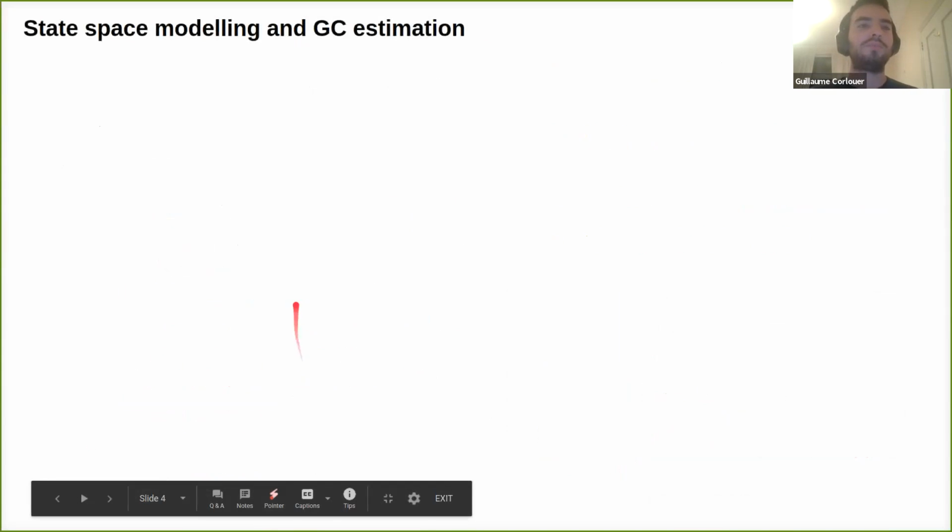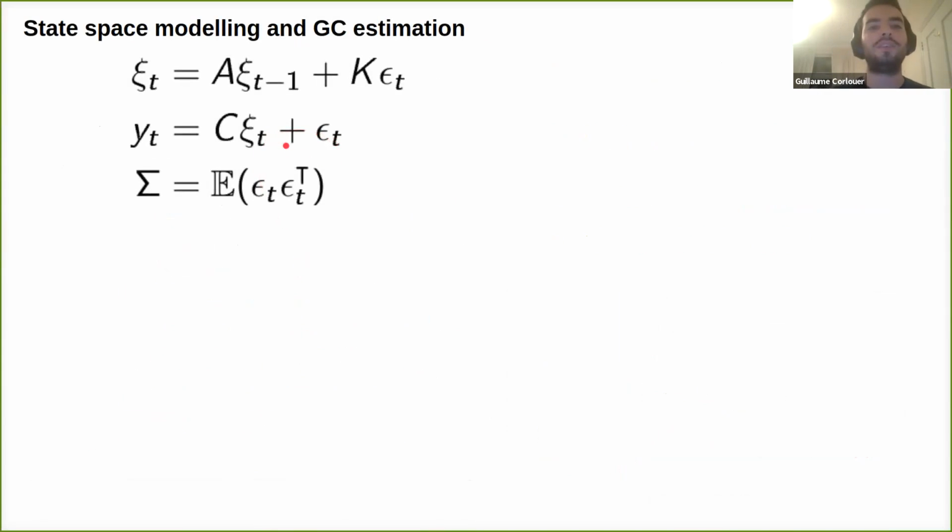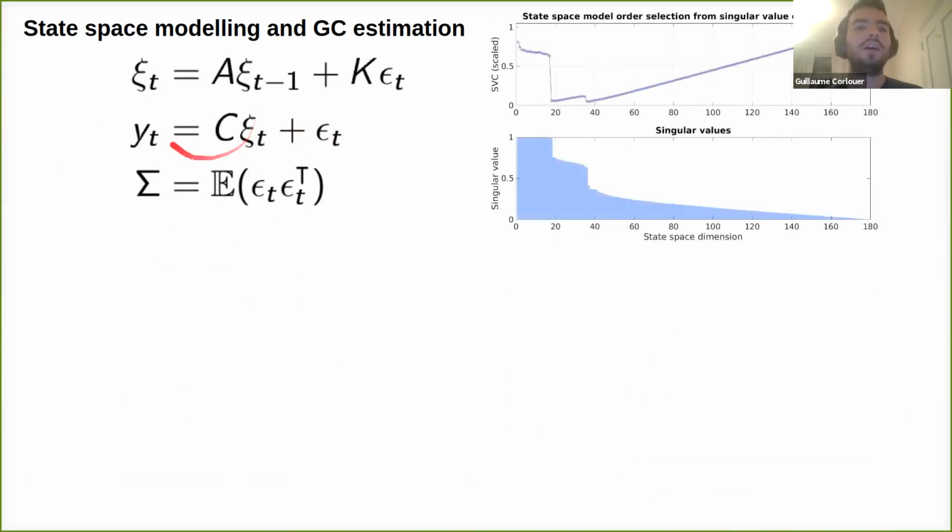So from this high-frequency broadband envelope, we estimate a state space model that we will use for the Granger causality analysis. In general, a state space model is a set of a transition equation that you can think of as the source of your system. So this equation is the dynamical evolution of the source of the system, and the second equation is the observation equation. And the goal is to estimate the parameters A, C, and K, where K is the Kalman gain and epsilon is the noise